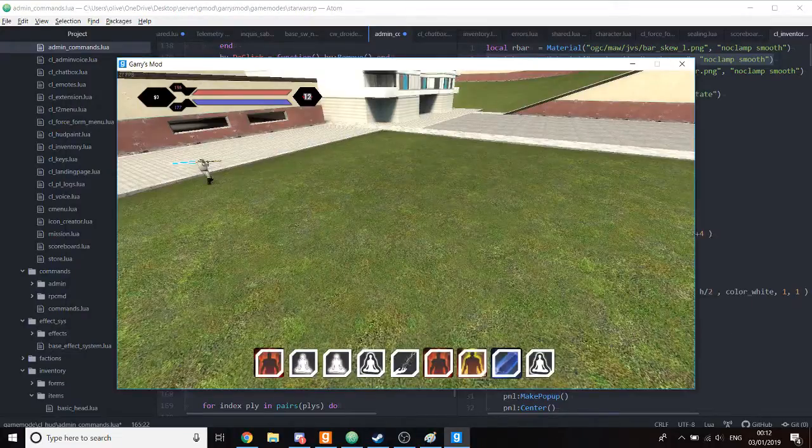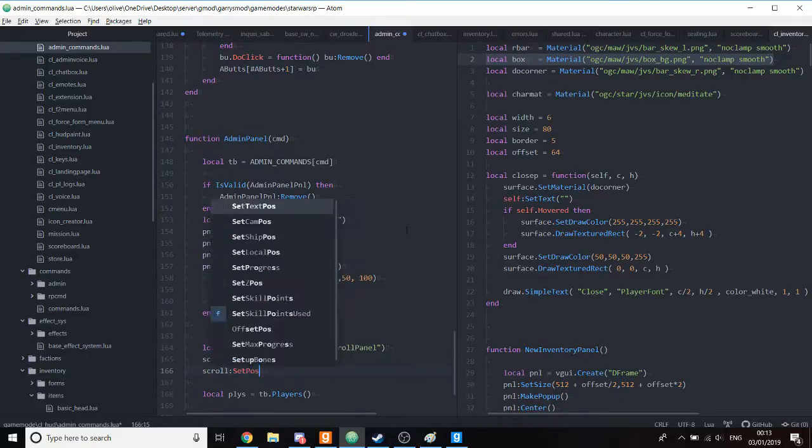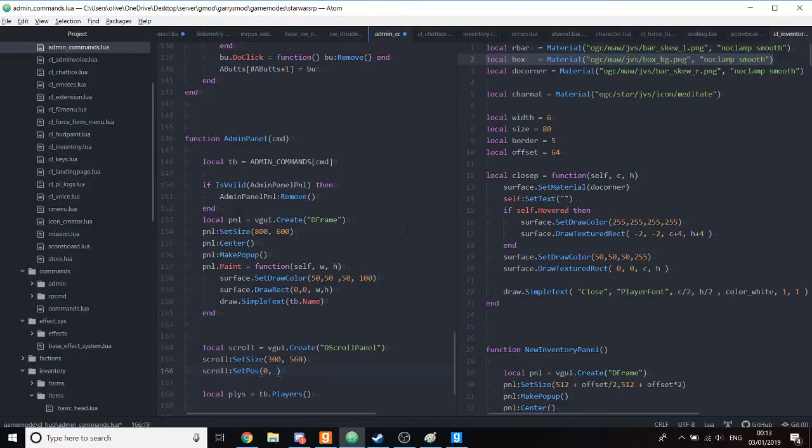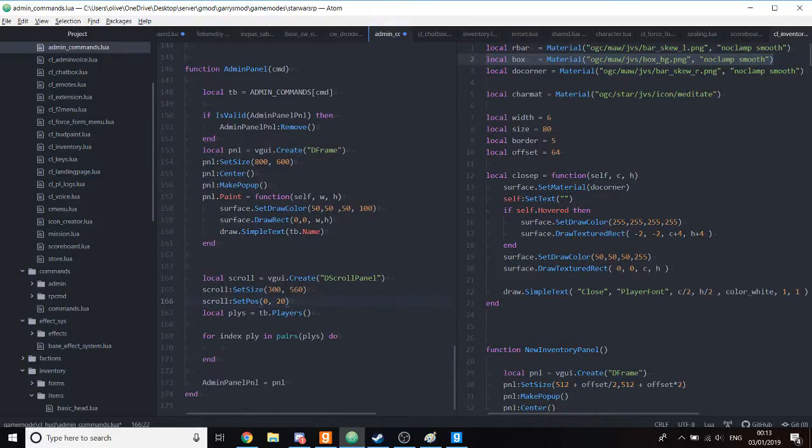Let's try 300 maybe, but let's be careful there. And then 550, 60. Scroll. Set pause 0. 300 minus 280, 20. There you go. So now...